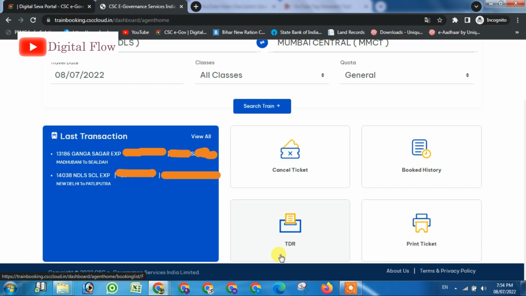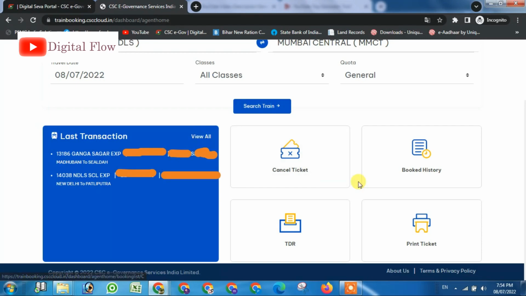After successfully booking your tickets, you will get your ticket details here. The last transactions of your booking will be shown like this, with your PNR number and the names of passengers. If you click view all, then you can see all the transactions of your IRCTC ticket bookings in the Digital Seva.